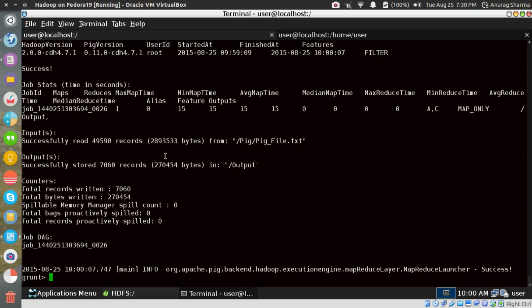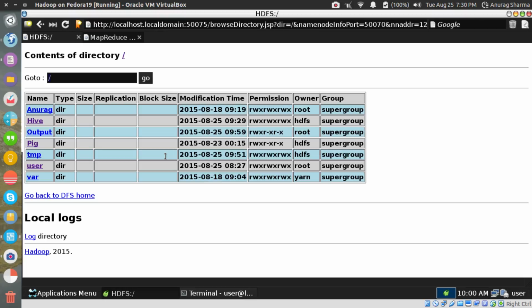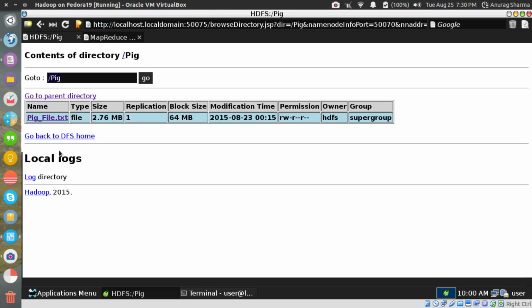Success. The problem at the previous level was the permissions, guys. I just saw it. So you can see that the permissions, it does not have read-write access. So only HDFS has read-write-execute permission. Others only have read and execute. There is no write permission that is mentioned here. So had there been write permission, it would have created a directory called output within pig. So that was an issue.